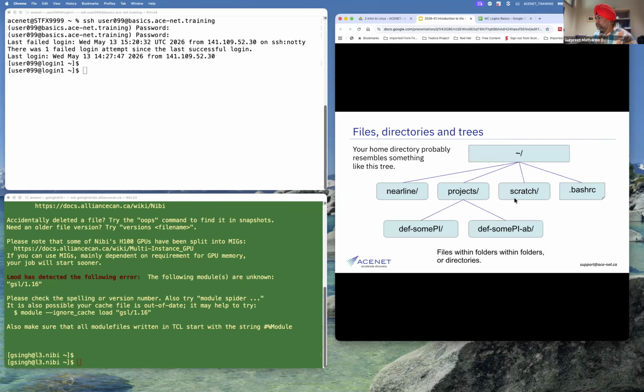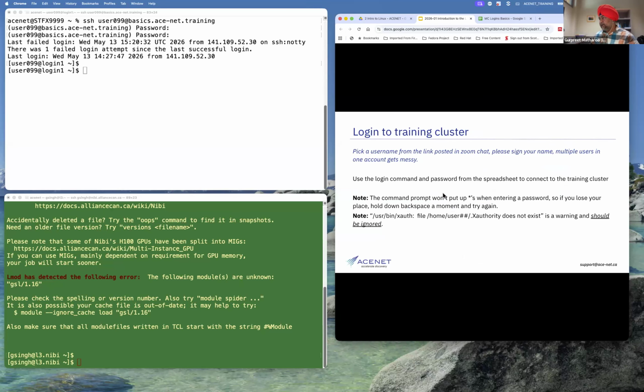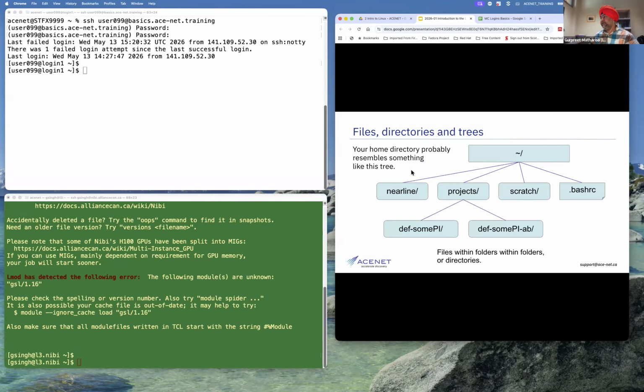All right. So once you are in the cluster, then what do you do there? Essentially, we will look around the cluster, and you'll see there is something called a home directory. And the home directory will resemble something like this over here. What happens over here is if I do ls over there,